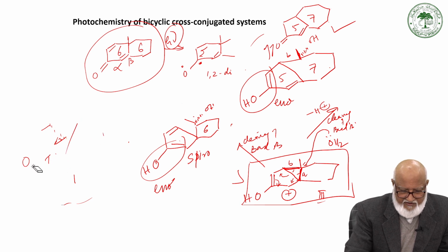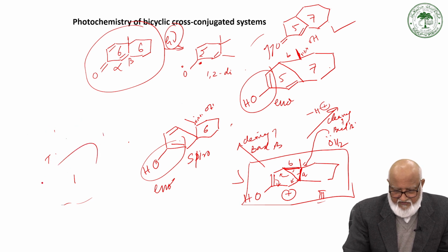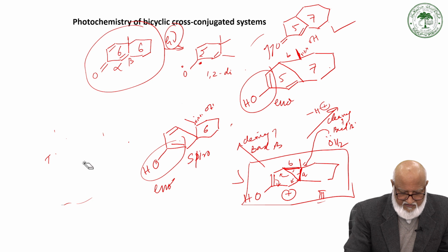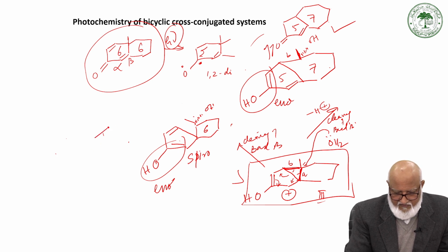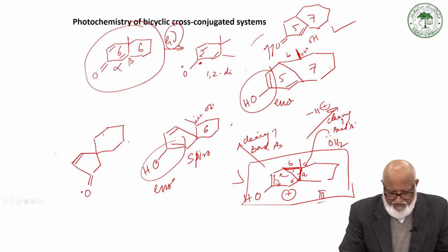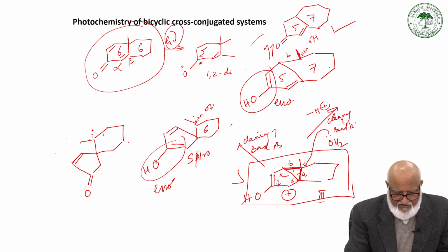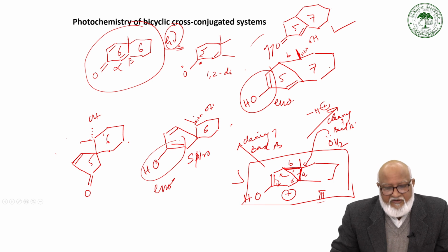So the product we get is 6. So this is the product which is formed. Of course, we have a methyl group and OH here. This is 5 and 6. So we can see that the